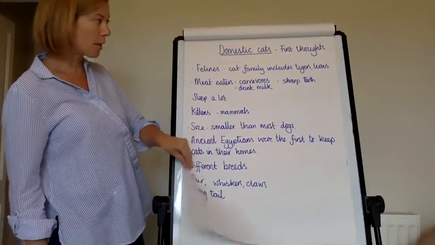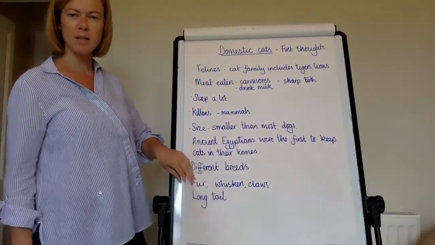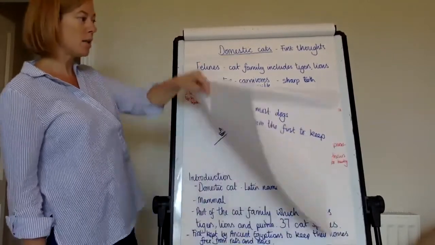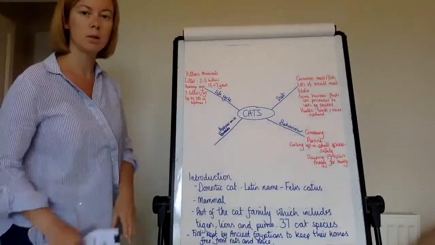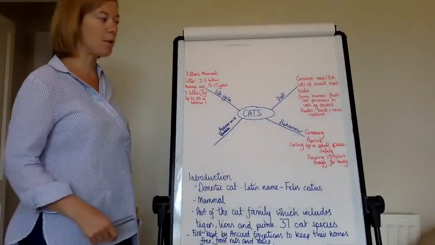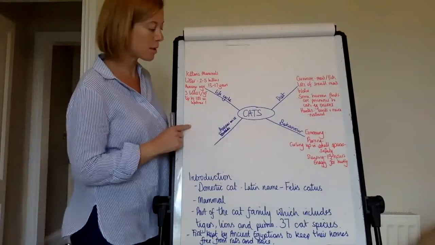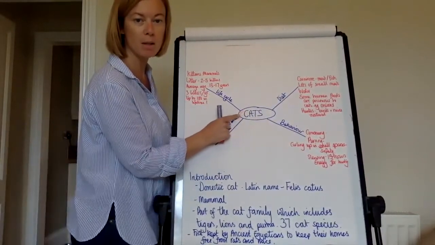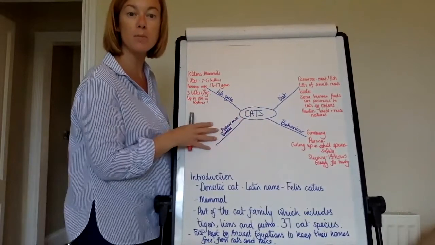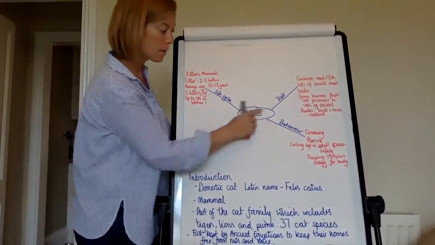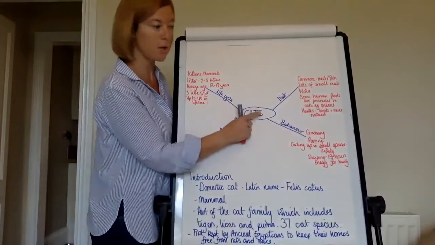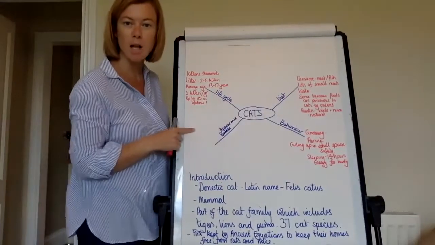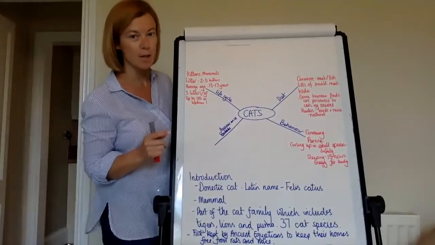I'm going to show you now what I found out about cats, and I've started to organise my ideas. I've drawn out the start of my spider diagram. I mentioned yesterday that we're going to be doing a spider diagram to help us with our planning. So I've written cats in the middle of my sheet of paper and circled it. So when you do your spider diagram in a moment, write hedgehogs in the middle, circle that, and then you can draw 4 legs coming off. It's going to be a 4-legged spider.